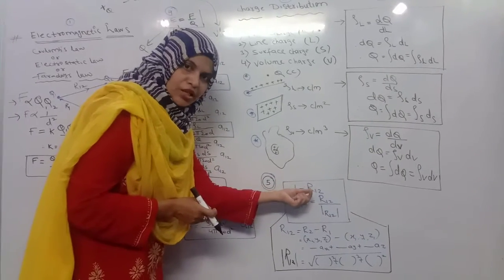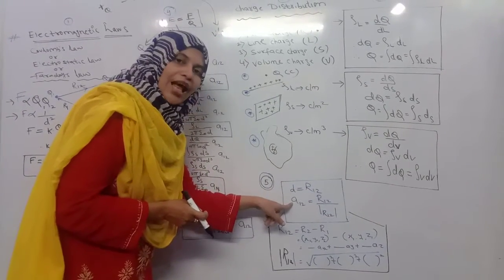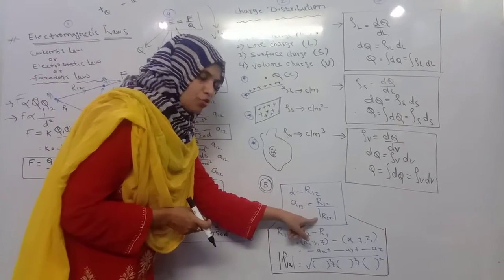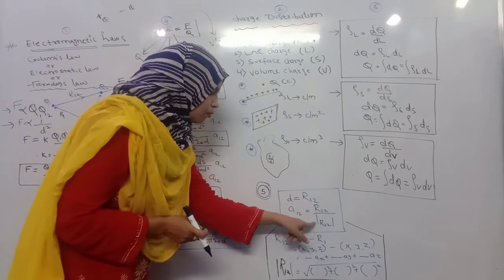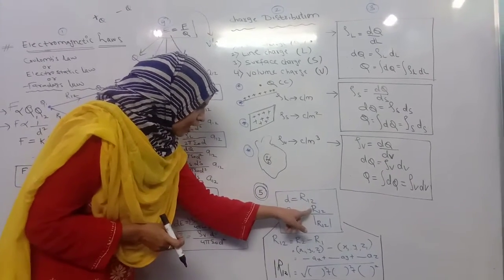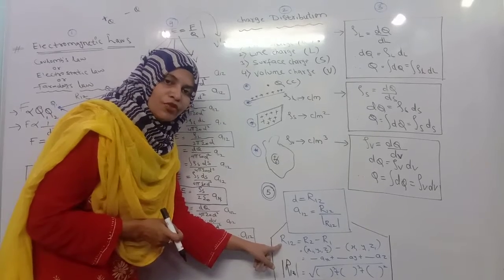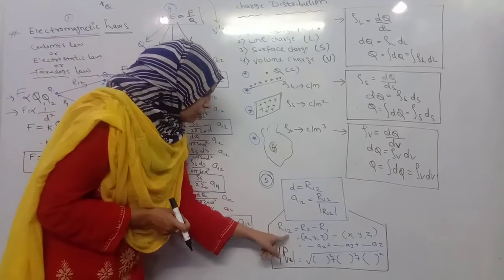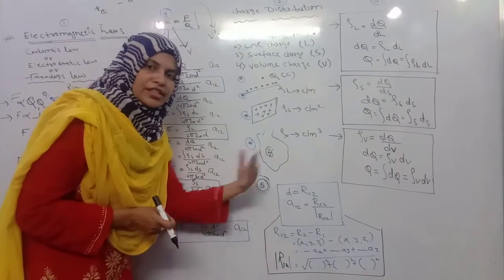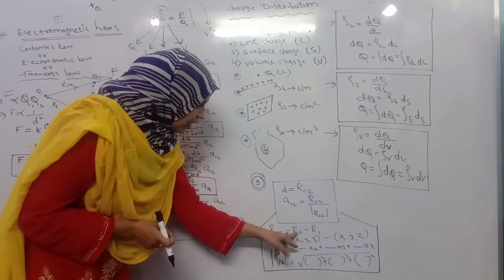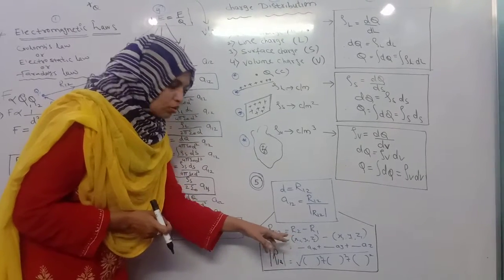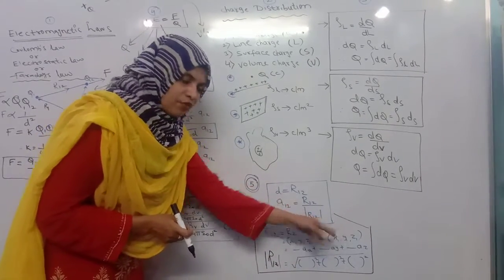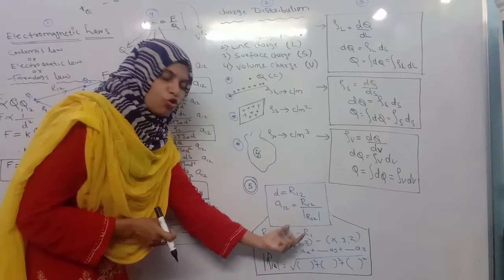12 means for two charges, 1 and 2. So if you want to calculate the unit vector A12, that will be equal to R12 divided by mod of R12. This is the vector form, this is the magnitude. See here, while you are going to calculate this R12, we have already solved such types of numericals in vector analysis. Okay, the distance. So R12 will be the second term minus the first term, the destination minus the source. So if my R2 is x2, y2, z2, and for R1, x1, y1, z1, there will be the subtraction between these two brackets.